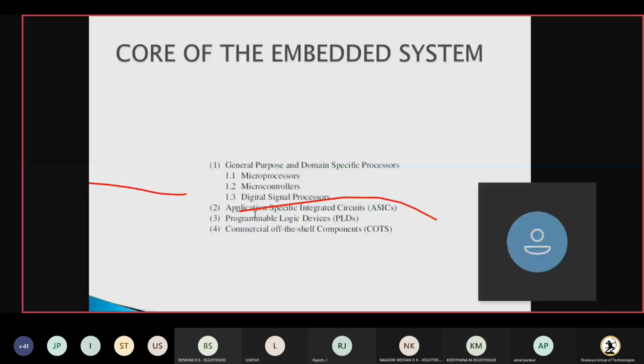A microcomputer is nothing but microprocessor plus memory plus IO on a single PCB. If I take a PCB, upon that I will put the microprocessor IC, and I will put the IO devices and memory. Then that is called a microcomputer. So that's the second version. Previously the computer was very large, now it became very micro sized.